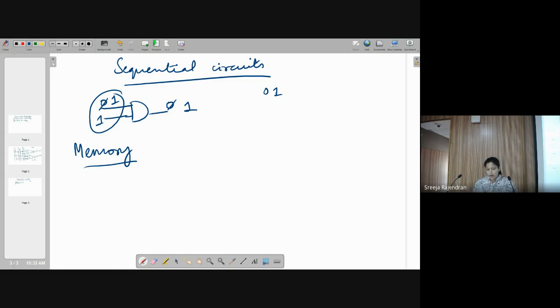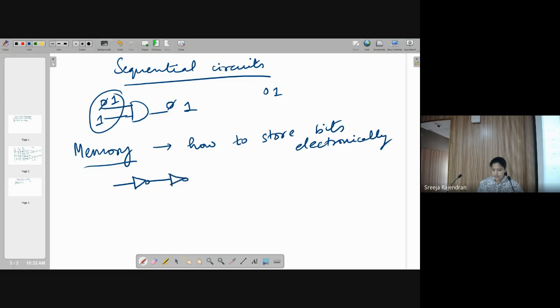Now what do I mean by memory in digital circuits? What do I have to store? I have to store either a bit 0 or a bit 1. How do we store bits electronically? If I have a value, it should always stay. If I store a 0, it should stay as a 0, and I should be able to read that 0 always. Now the simplest or basic circuit we can have for that is